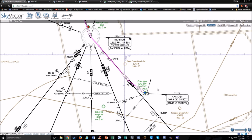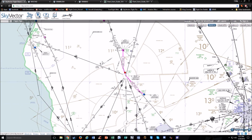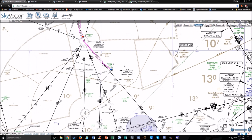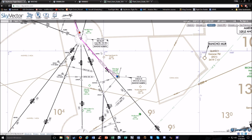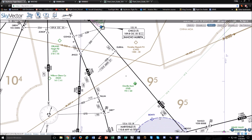Victor Airways go from VORs to VORs, as you can see. And it's still pretty much the primary way of navigating IFR. Sometimes you've got to figure out when you change over from this VOR to the next VOR. So let's say you were going from Red Bluff to the next point. We're navigating off the 122 radial. All these numbers are magnetic, not true. So the 122 radial from Red Bluff, we're following this along